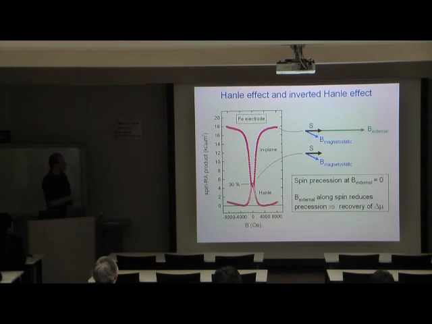If you now add an in-plane magnetic field along the direction of the spins, then the spins will precess in the vector sum of these two magnetic fields. If you make the in-plane magnetic field large enough, that vector sum rotates into the direction of the spin and the precession disappears. And this is indeed why the signal is enhanced by an in-plane magnetic field.